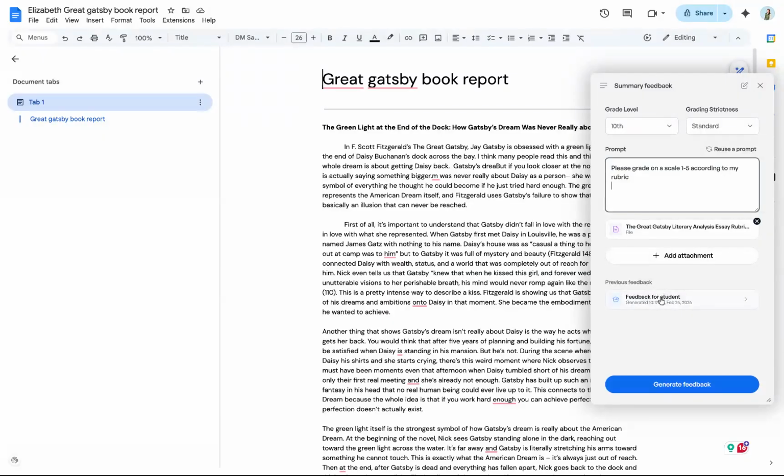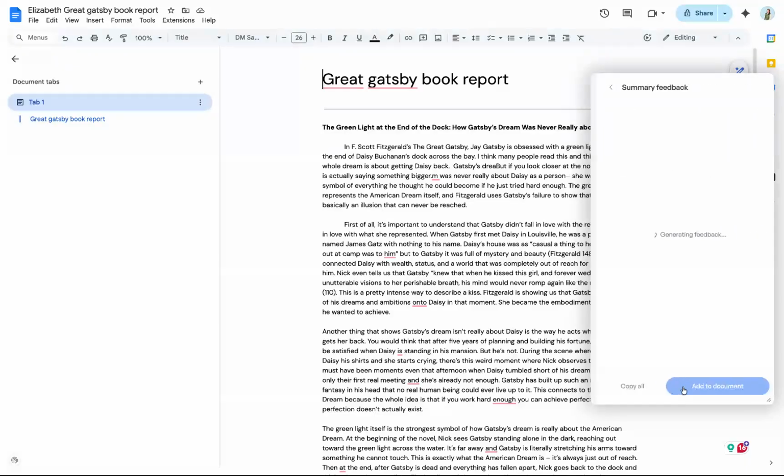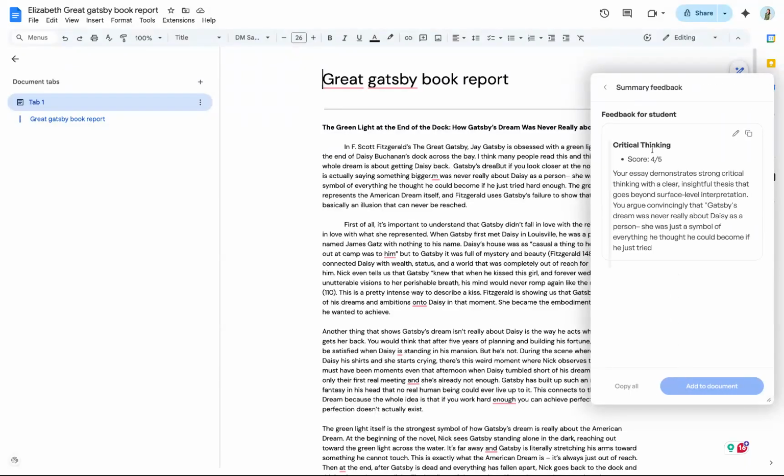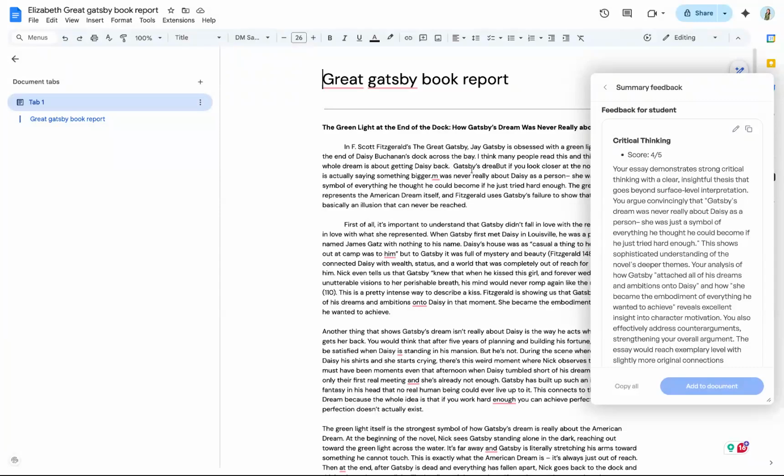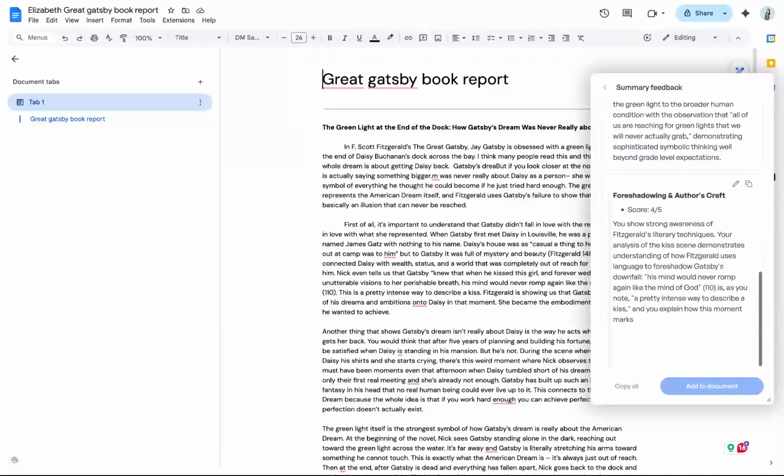So I want to place a grade on a scale of 1 to 5 according to my rubric. It's attached to my rubric, and now we're ready to generate. In just a few moments, we are going to have summary feedback. This is going to be great feedback for my students. This is going to go at the top of the document for my students to easily see their overall score